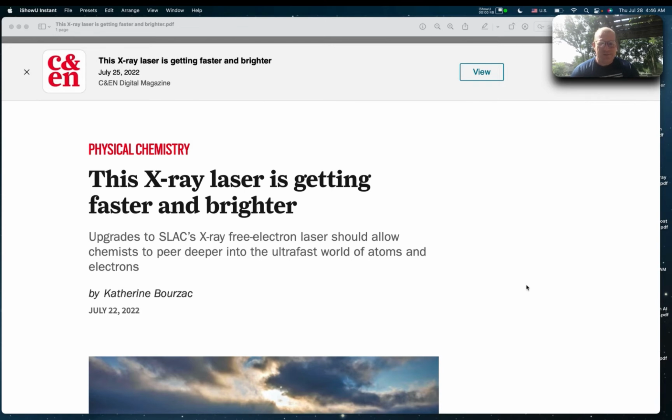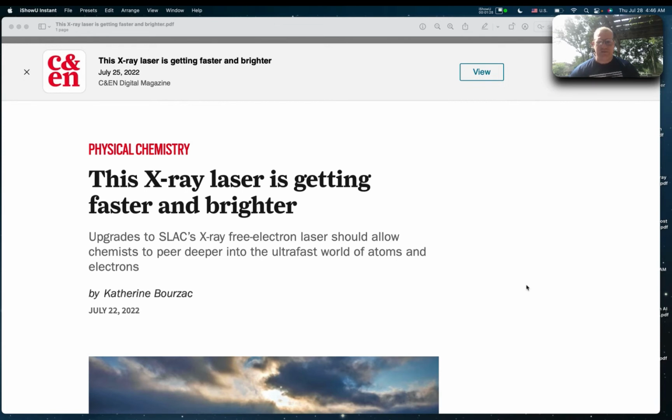So it has to do with an X-ray laser. SLAC, which is Stanford Linear Accelerator. That's SLAC, and this is not a linear accelerator, it's an X-ray laser. So they're trying newer technology. The article talks about the overview and some of the struggles they have, since they haven't quite developed this technology yet. And the application is going to be chemical research, of course. To give you some context,